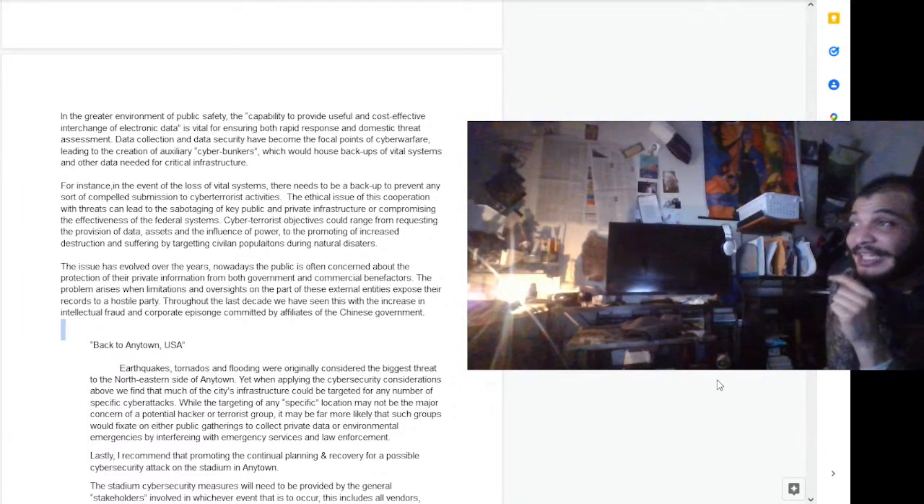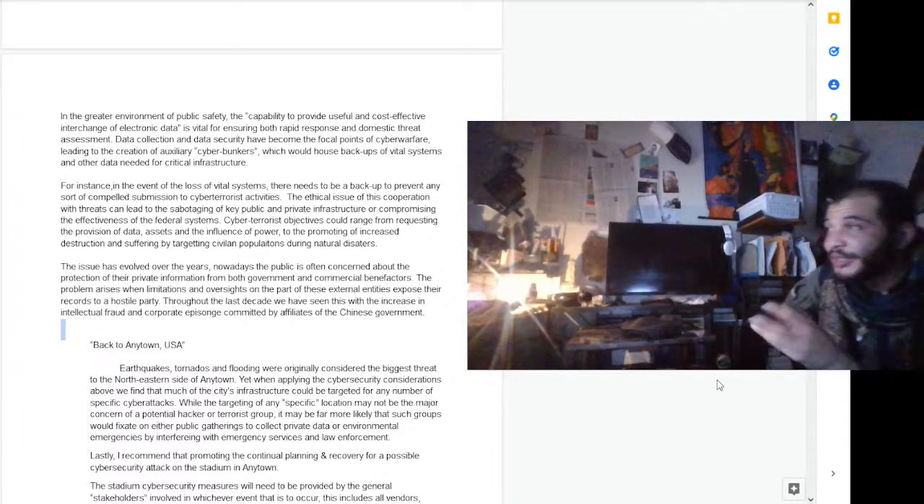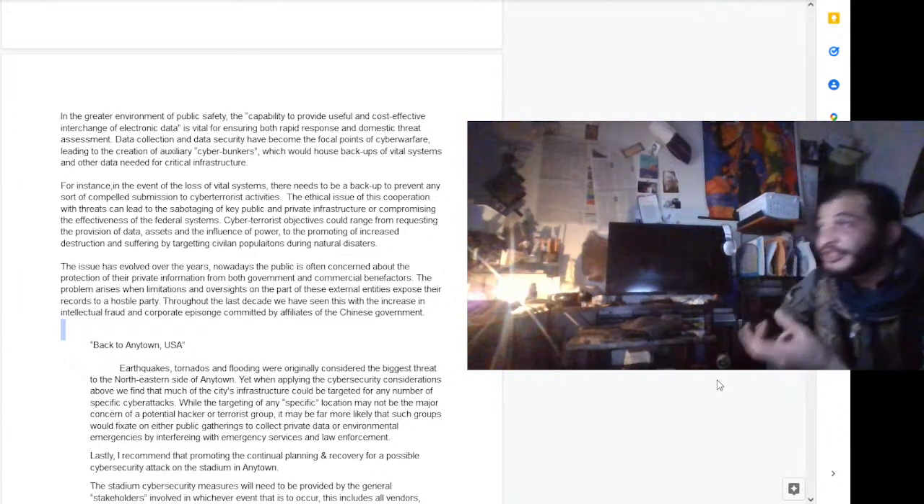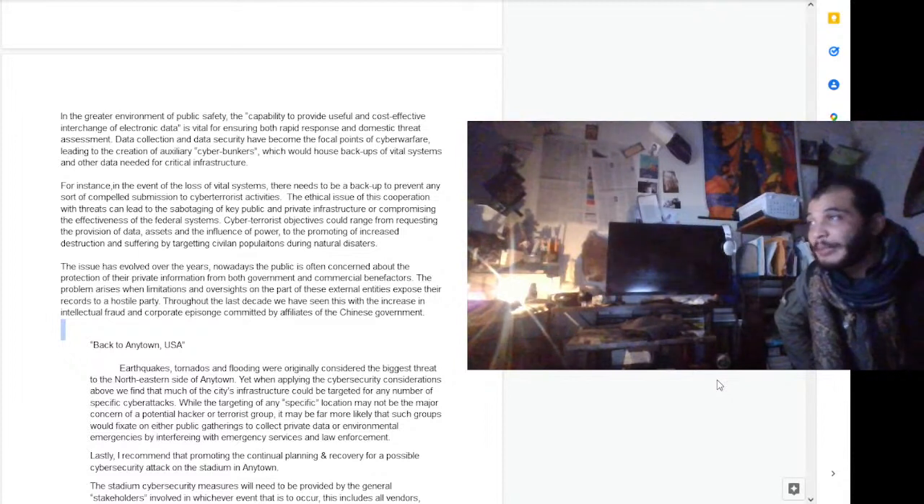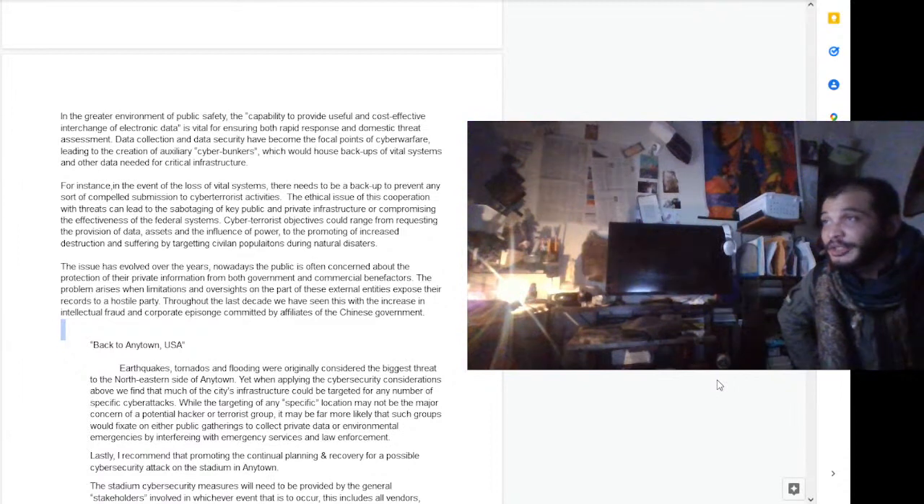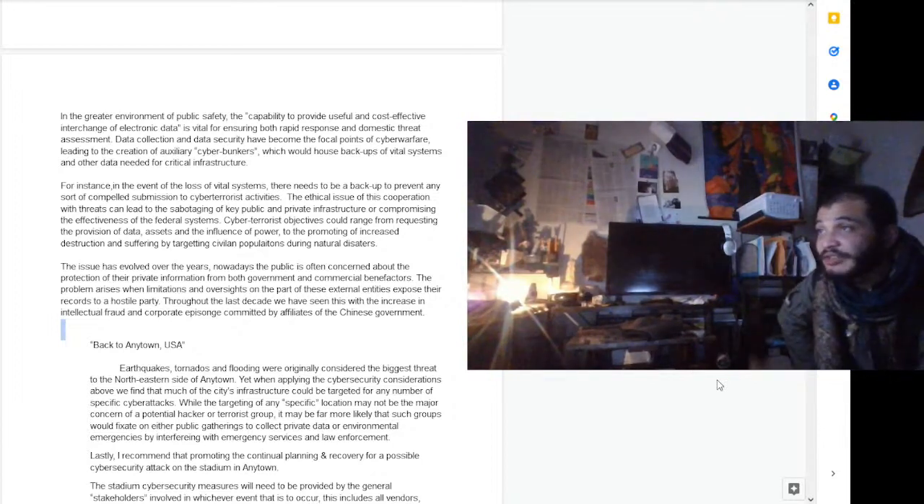For instance, in the event of the loss of vital systems, there needs to be a backup to prevent any sort of compelled submission to cyber terrorist activities. The ethical issue of this cooperation with threats can lead to the sabotaging of key public and private infrastructure or the compromising of the effectiveness of federal systems. Cyber terrorist objectives can range from requesting the provision of assets, data assets, and the influence of power